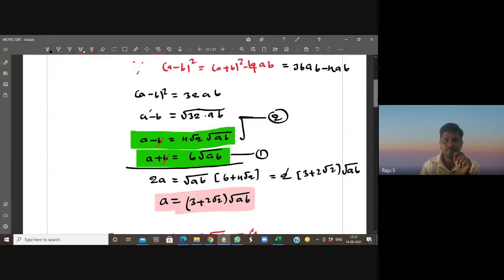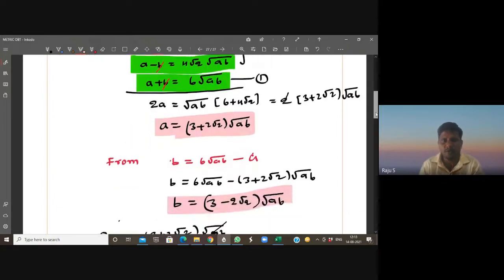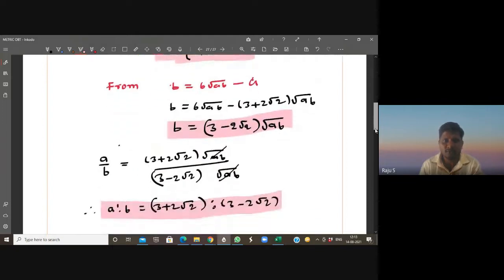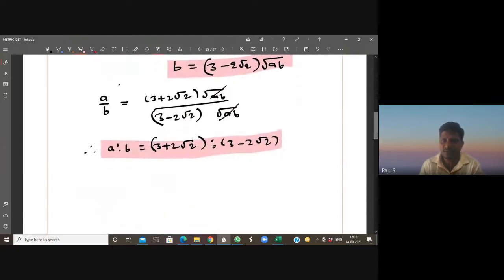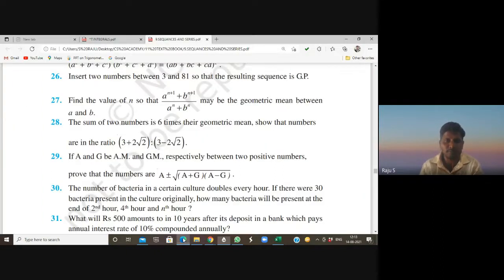Now I solve both the equations. We got the A value. Then after I substituted the A value, we got the B value. Then the ratio A is to B becomes this value. Hence proved. That's all. Next,